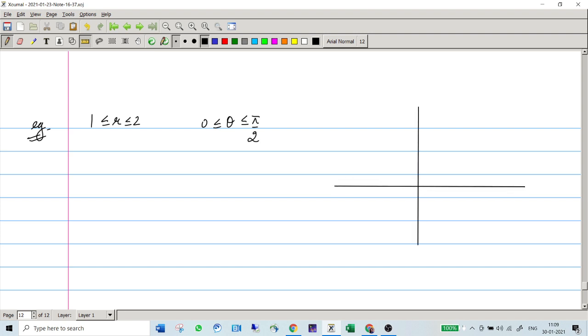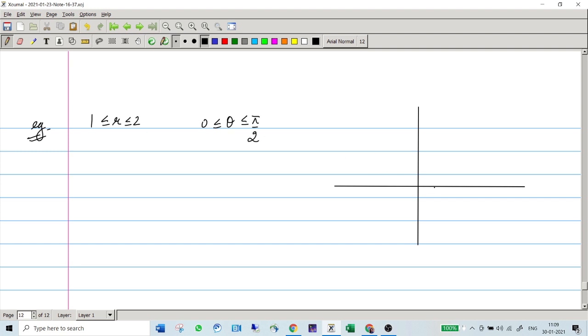So you have seen an example in which r was fixed, another in which theta was fixed, and another in which r was a function of theta. So next up we are talking about some regions. Means you're given, for example, that r is between 1 and 2 and theta is between 0 and pi by 2. So you can plot them easily. This is your axis system, and for theta between 0 to pi by 2, your r happens to be between 1 and 2.